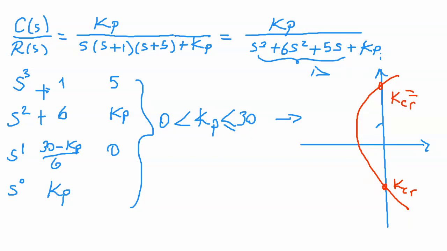which is equal to 30. We already obtained KCR 30. But what are we going to do? We need another one. Let's put KCR 30 here. Don't forget that. What about the other one? The other one is a period. So